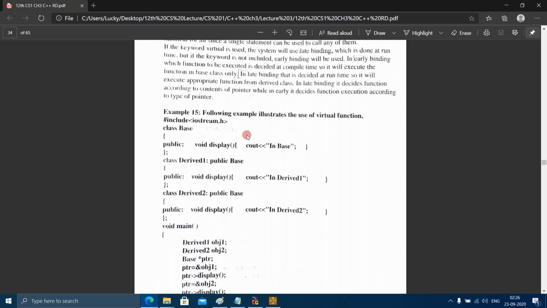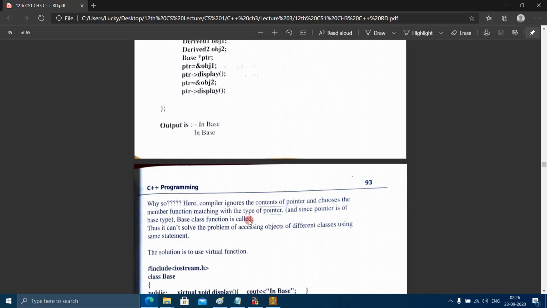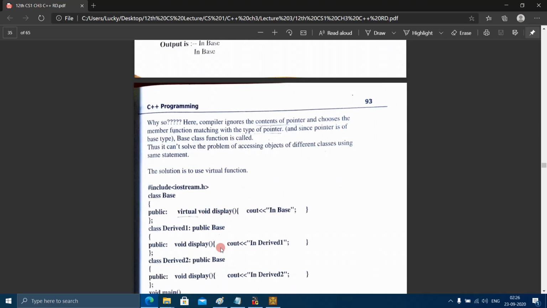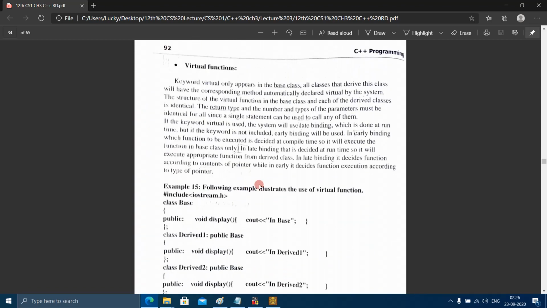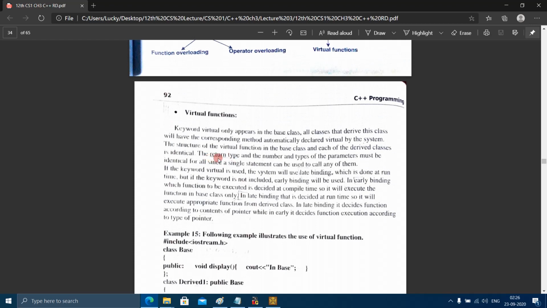The name of the function, the number and type of the parameters, everything should be the same. It will be inherited as it is.